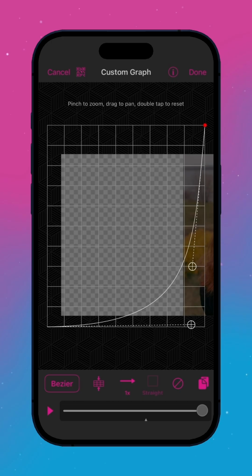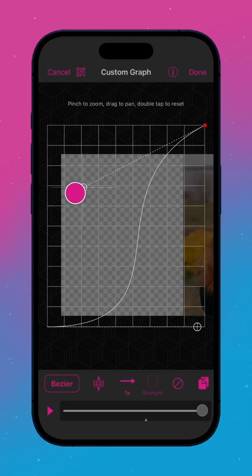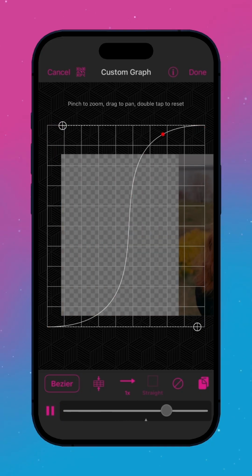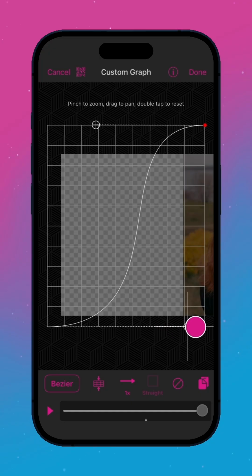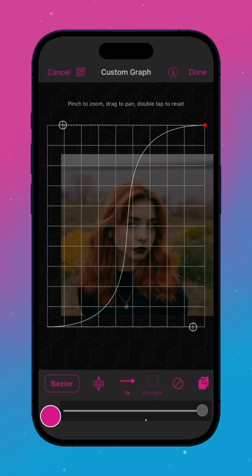You may have heard the term mid graph. Here's how to make one. Drag the left control point to the bottom right and the right control point to the top left. The transition now occurs in the middle rather than the start or end. Move the points closer for a slower, smoother look and farther apart for a faster transition.